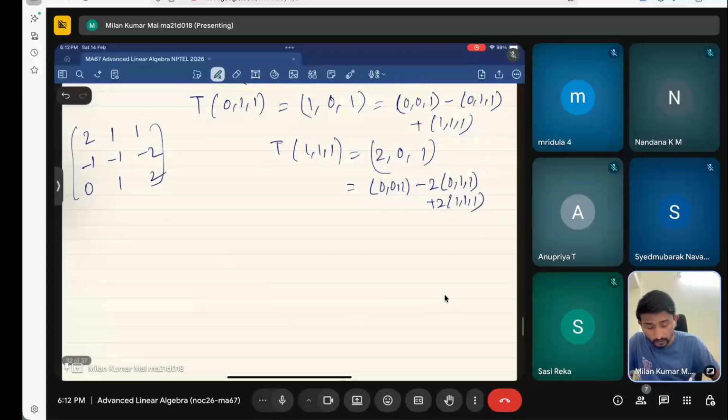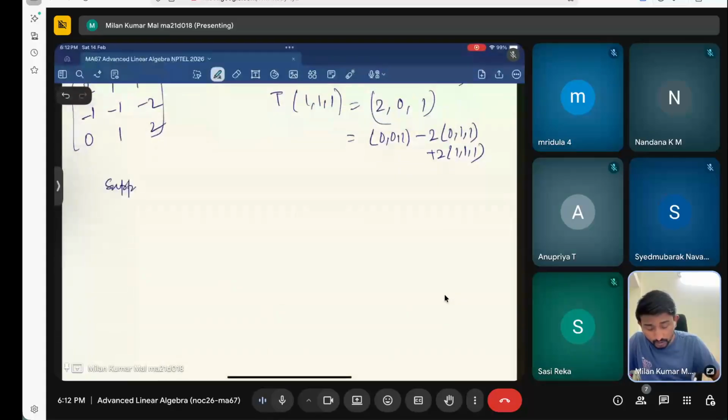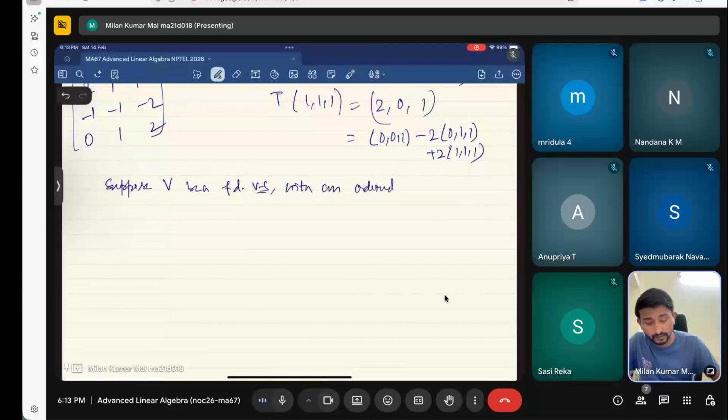Suppose V is a finite dimensional vector space with an ordered basis. Ordered basis is very much required here. Ordered basis beta, consisting of alpha 1, alpha 2, alpha n, where n is equal to the dimension of the vector space V, then the matrix